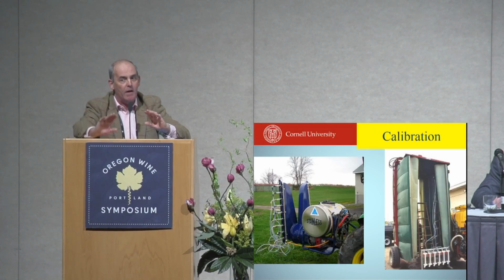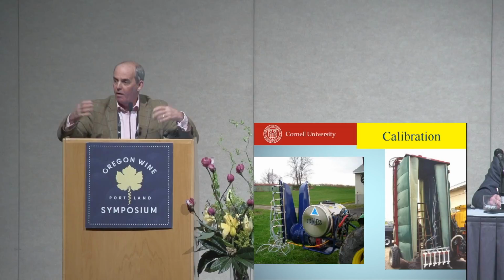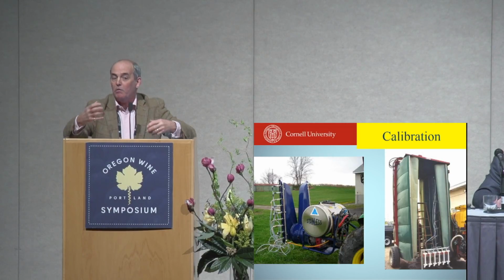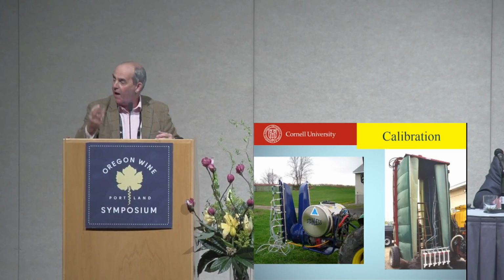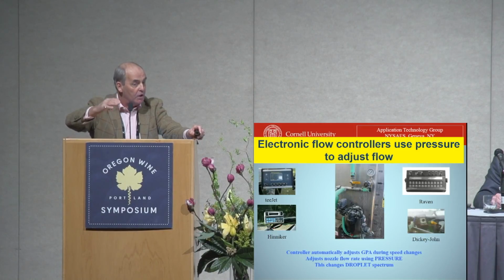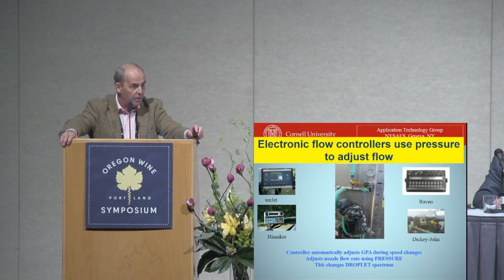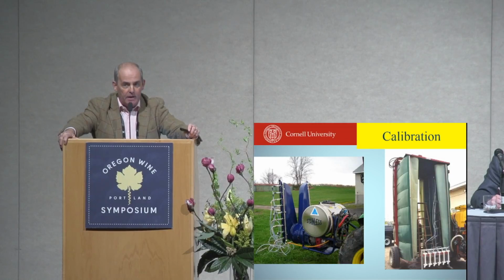So if speed is varying, then as you're coming down the hill, you have 300 gallons of spray in the tank behind you, pushing you along. You're no longer going at 3 miles an hour, you're going at 3.5, 4 miles an hour, and that then will affect one of the 3 factors. These rate controllers then take care of that by adjusting the pressure in the system, okay? So I commend those to you if you have lots of different trellis systems, lots of different varieties, as a number of people have. Next to calibration, this is the bugbear of anyone who teaches this subject,